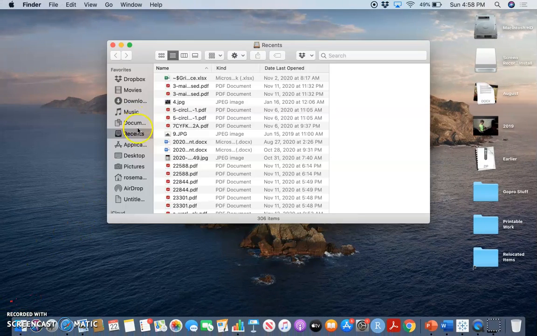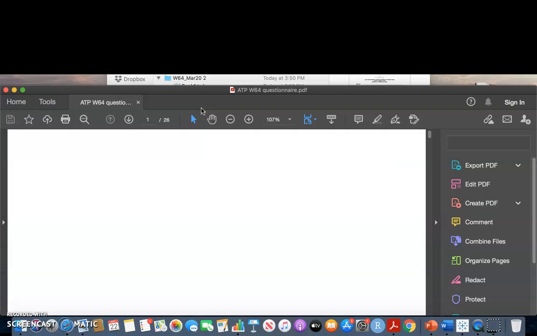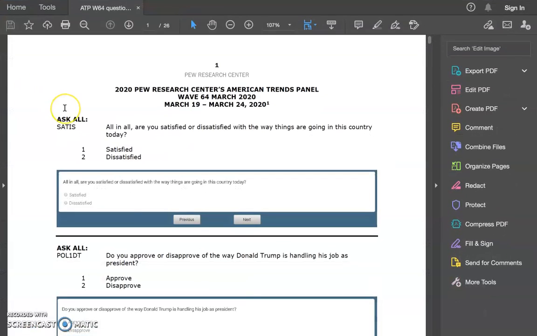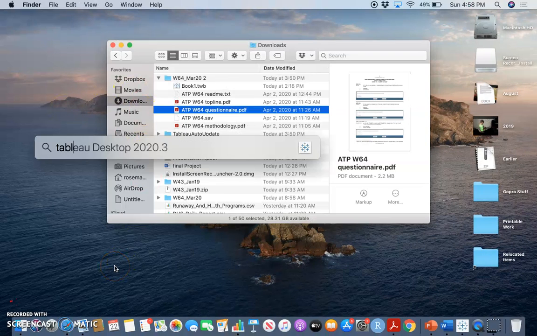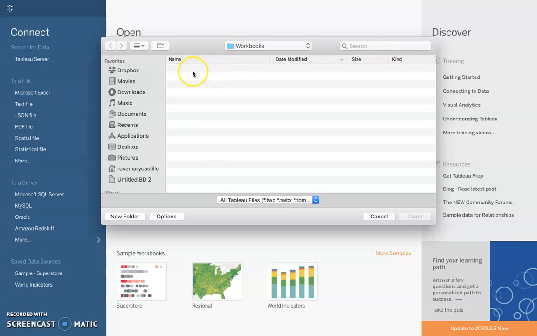What I really like is that they have really good explanations of the way they conducted their survey, and this file, ATP W64 questionnaire, has the codes and what they'll all mean. In order to open up the SAV file, I go to Tableau and select Open Workbook and find my file. Double click